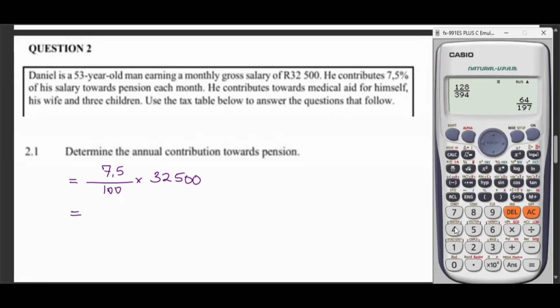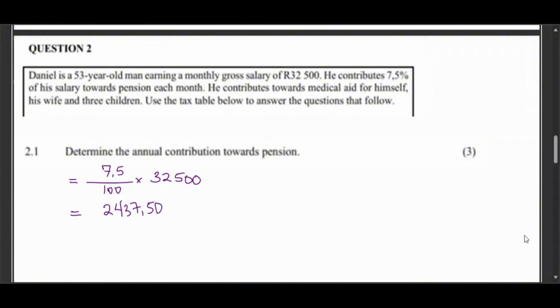We said 7.5 divided by 100 times 32,500. Press equals. If the number is like this, you press this S-D button and the number becomes normal. So it's 2,437 rands,